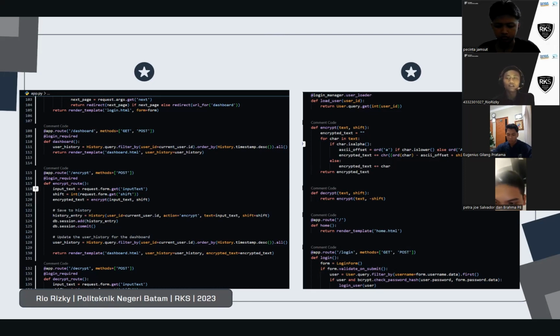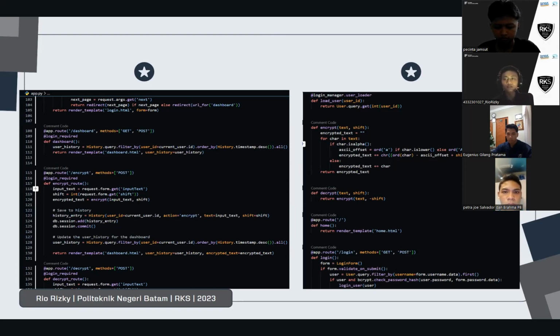Routes. The program defines several routes for different functionalities: home route, user login route, user dashboard route, encryption and decryption routes for processing text, logout route, user registration route, and a route to view all history logs. Login and registration: the login route checks user credentials, and on successful login the user is redirected to the dashboard.